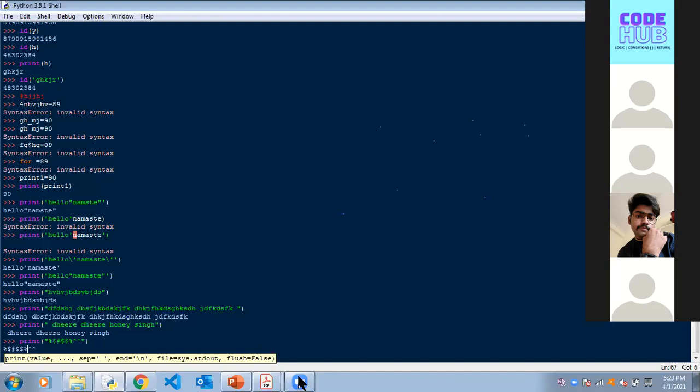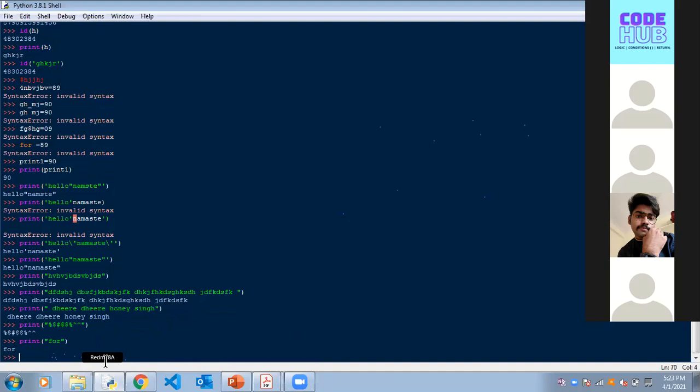Okay, चलो keyword भी डाल देते हैं. See, print. Like I told you, anything inside a double quote is a string. See, it printed 4 for me. Got it? It doesn't care what you print. You can print, I mean, you can put variables also.